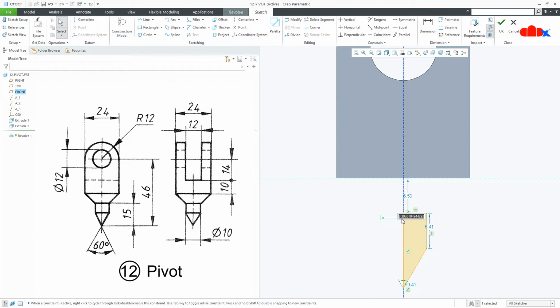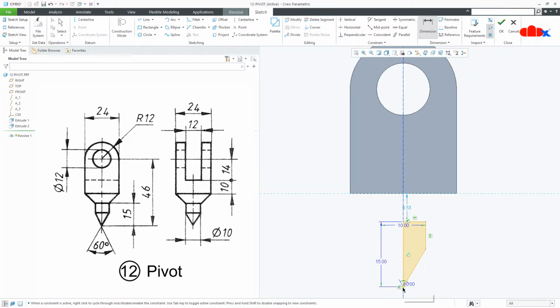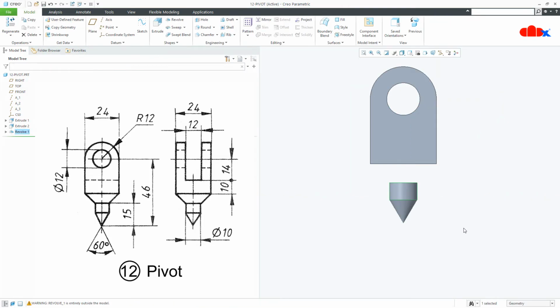Now this is 10 and from here till here this is 15. Now this angle is 60 degree and from here till this is 46. Say OK and OK.